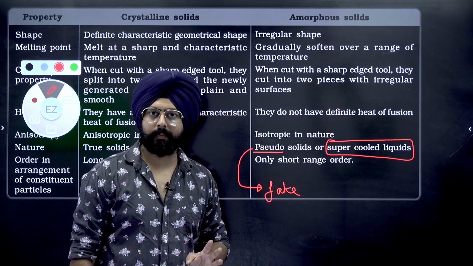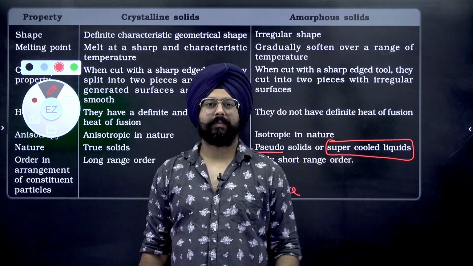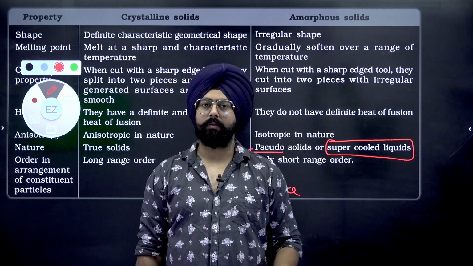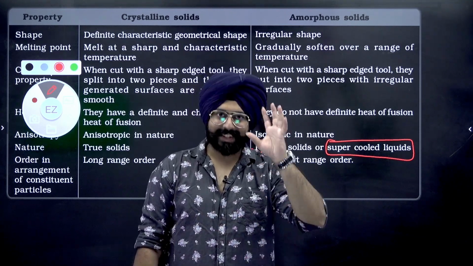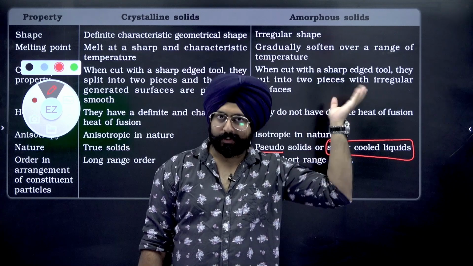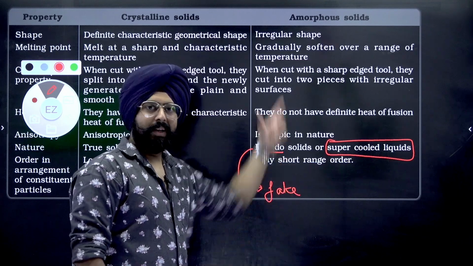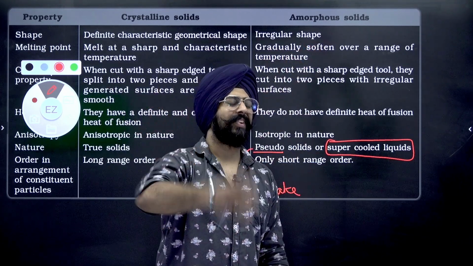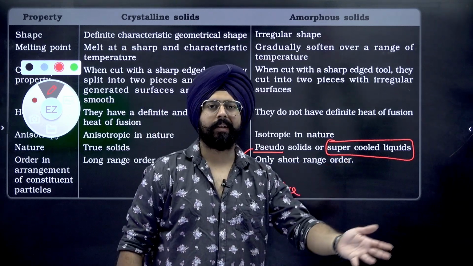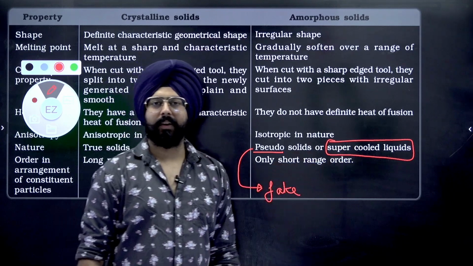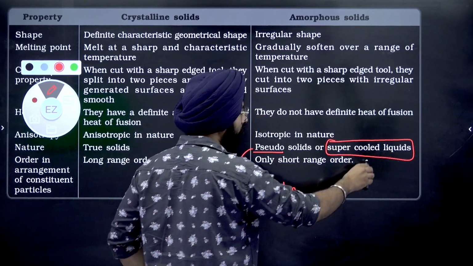Figure of speech. For example, you might meet a person and you'll be like, you're not a human, you're a donkey. Does that make that person a donkey? No. Is that a donkey who is very much like a human? No. That's a human being who you think is a donkey because of whatever. Yeah. So over here the same thing is happening. You meet the amorphous solid, you're like, you're a fake solid. You're not even a solid, you're a liquid, man. Does that turn that solid into a liquid? No. It's just something that you're calling that solid to make it feel bad. Get the idea? So supercooled liquids are essentially solids.